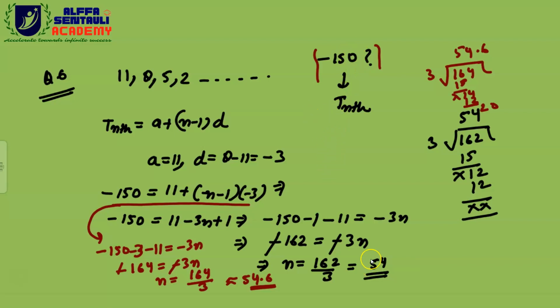So if you get an integer, then this is possible. If you do not get an integer, then this is not possible, correct? This is a simple funda. Understood? Right? Got it. So let's solve question number